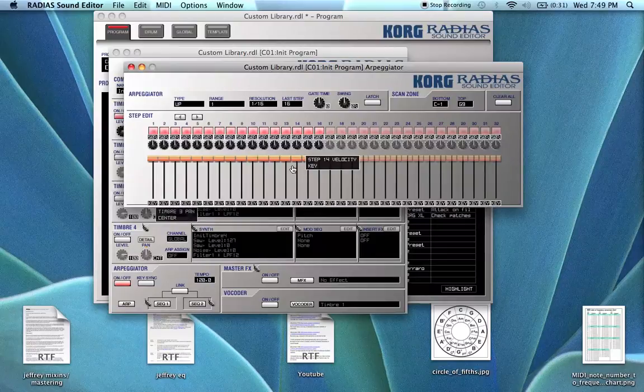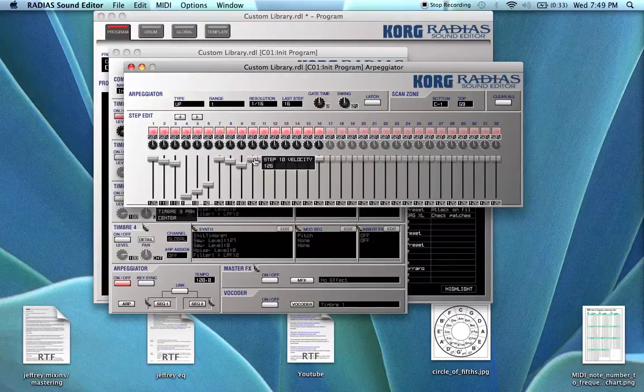These faders are the velocity amount for each one of these steps. Right now, the way they're set is to respond to velocity themselves. So if I were to hit the key hard, these would all automatically have a high velocity value. Hitting the key softly will give them a low velocity value. But if we hit command and drag down, we can see that they turn gray, which just means that they're locked into that